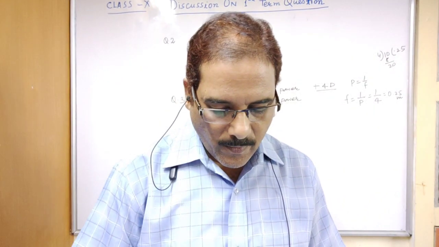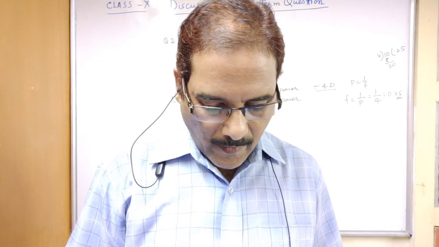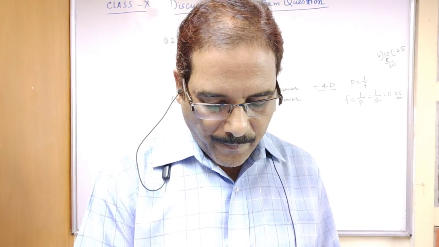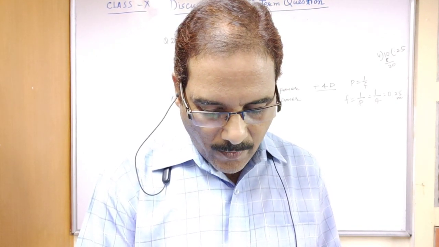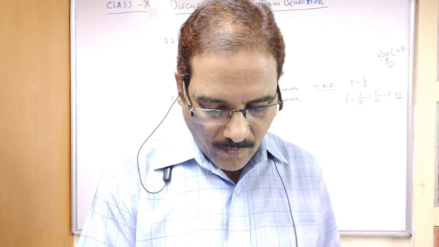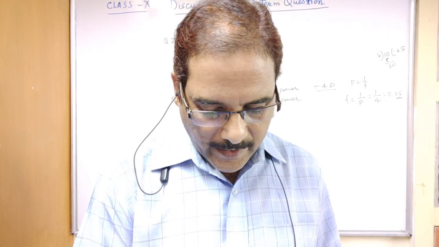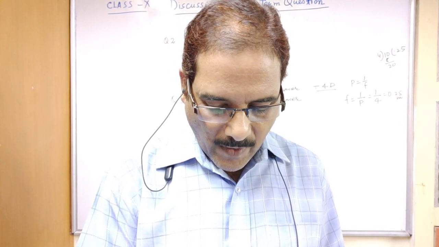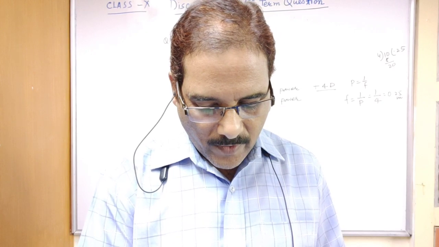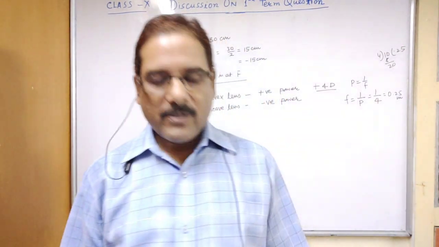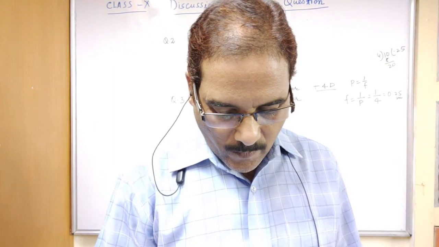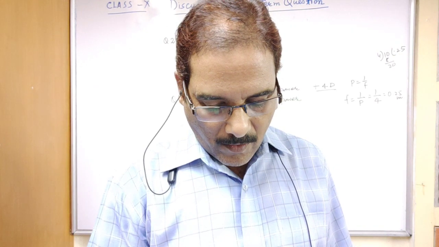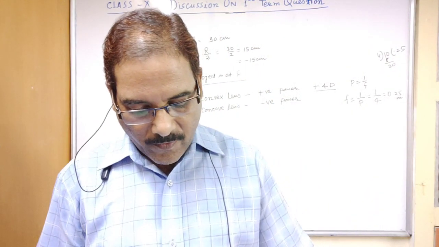In the second option, a convex lens has power 4 diopter having a focal length minus 0.25 meter. So this is not correct. And then the third option, a concave lens has power plus 4 diopter. When we are talking about a concave lens, the power should be negative, it can't be plus 4. So the rest of the options are wrong except A. Now the fourth question.